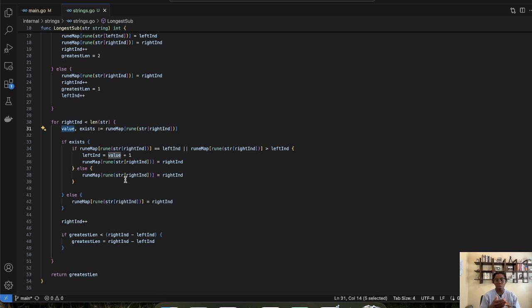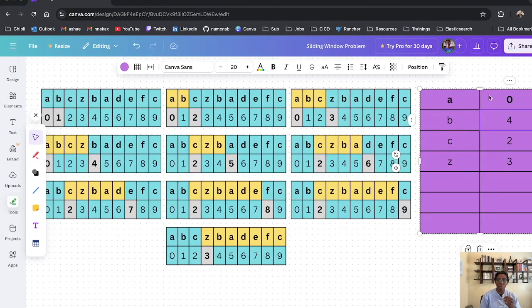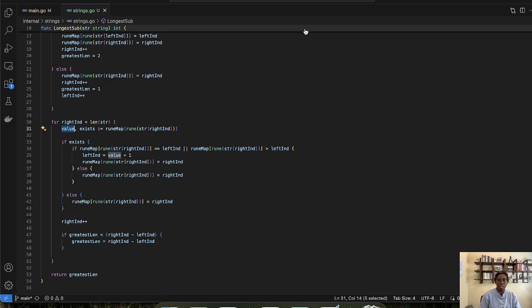So we just assign it with the new value of where A is currently at. And we do this because everything that's behind the left index we don't care about. It's no longer being considered part of the substring that we're processing. So we assign A with 5 now. So now that's 5, and then we increment our right index,